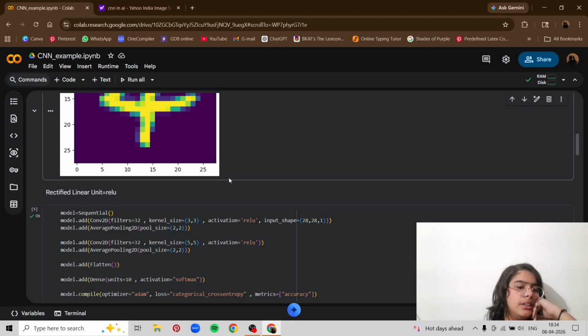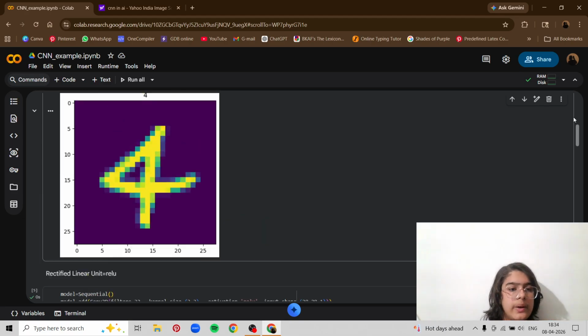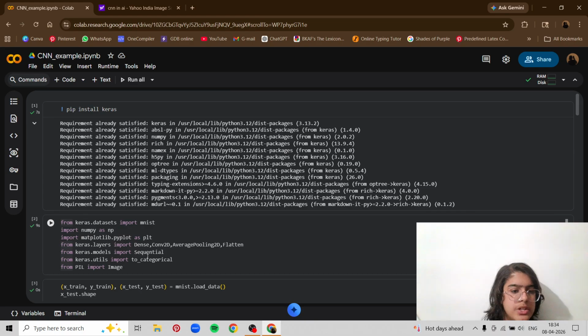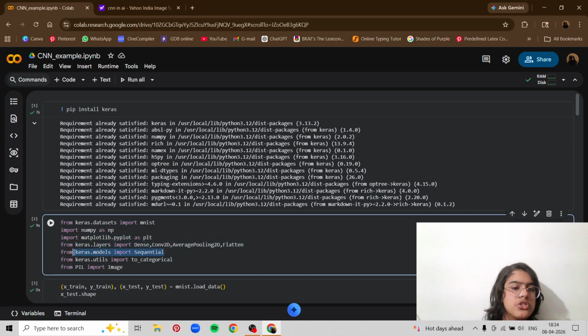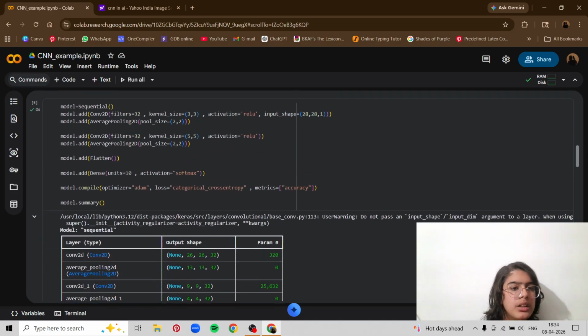So first, there is Sequential. Now I had showed you we had imported Sequential over here. It is from keras.models. Whenever we work on a model in CNN, we will take it as Sequential. So I usually name Sequential as model, so it is easy to understand that this is my model. But you can name it anything, A, B, C, D, anything. It is just a name of a variable.